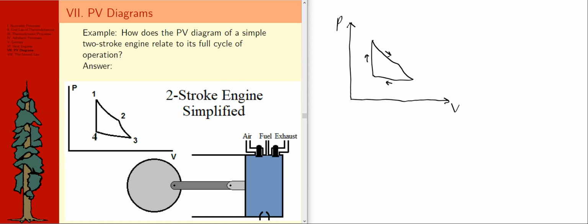So right now this cylinder is ready to receive some fuel, so some fuel comes in, it really quickly spreads out, and then the spark plug at the bottom there is going to ignite that fuel, and all of that's going to happen, and we're still at 4 on the diagram because no real changes in pressure and volume have happened yet. But once that fuel ignites, very quickly the pressure increases so quickly, because in reality